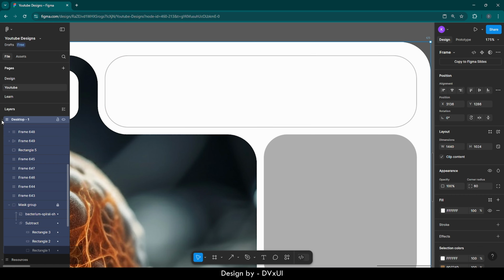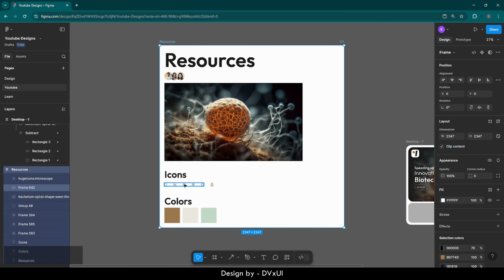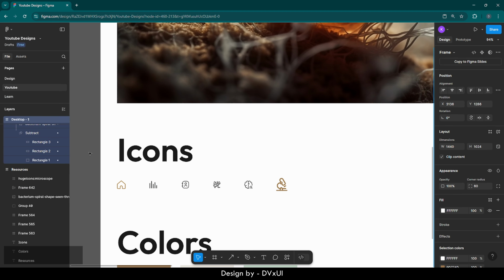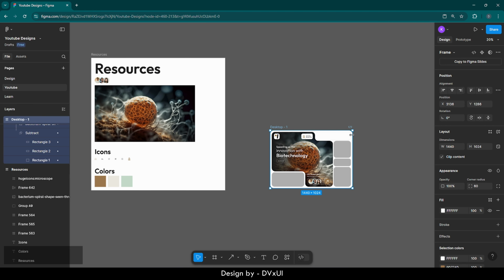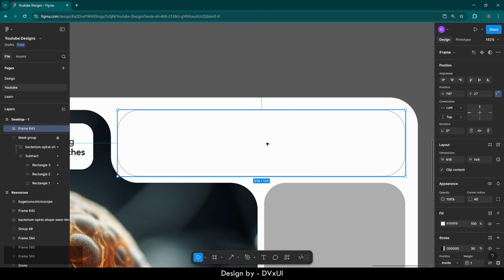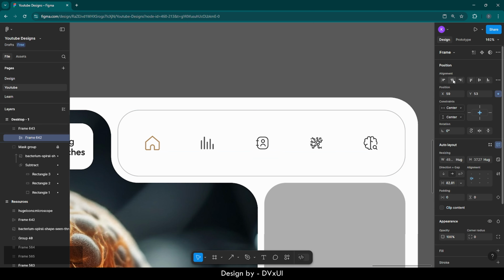And now I will go to my resources once again, if I can close it. So let's go to resources, select these icons. So you just don't have to change anything, you just have to come here and copy it, go to desktop, so now here select this navbar and paste all the icons, make sure they are at the middle,